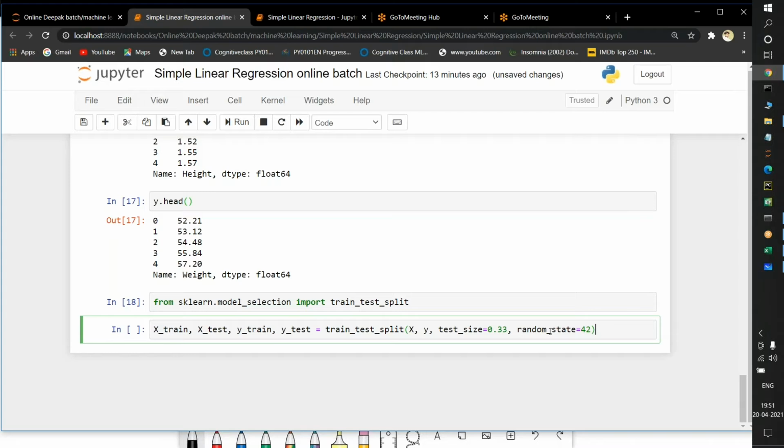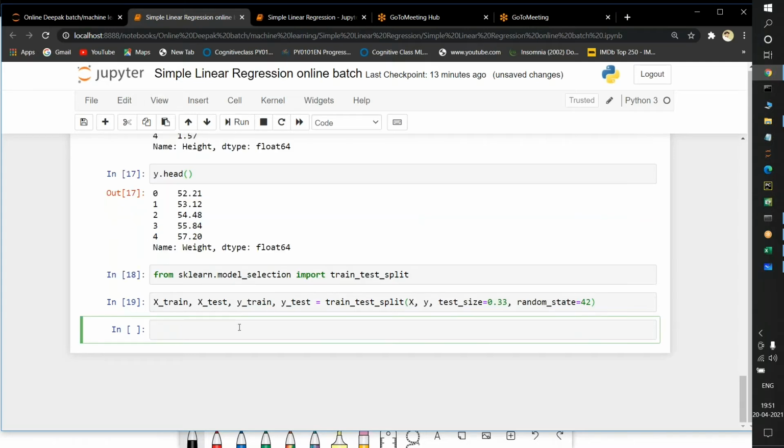Okay, now I am executing this one. See, it executed normally. Now what I am doing here is I am printing X train, and I am printing Y train, because X train and Y train are both the same. Approximately 70 observations, 70% of the data will be here, and the test we are passing in a test format. I am executing it.